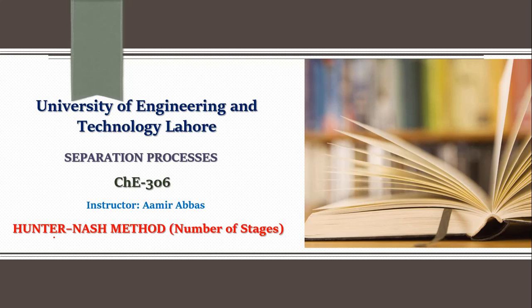We have to continue with the last stuff which we discussed at the end of the last lecture. Yesterday we were talking about the use of equilibrium for immiscible systems, and there were a few points related to triangular diagrams. Then at the end of the lecture I introduced you to the method which is used for designing the system, actually for calculating the number of stages. That was named the Hunter-Nash method. So we have to proceed with the same method today.